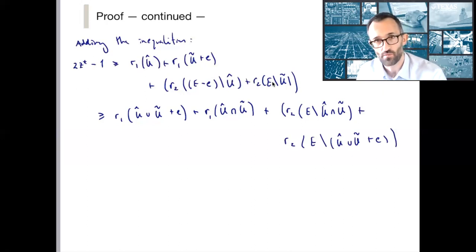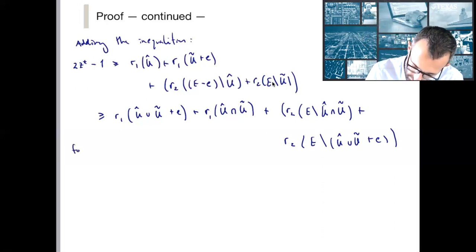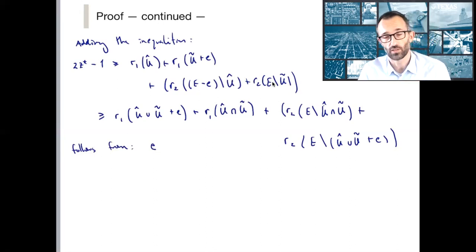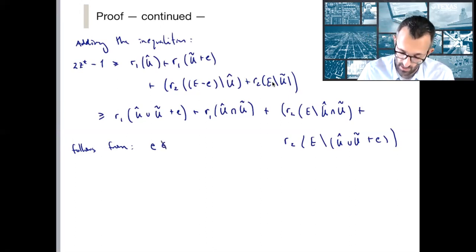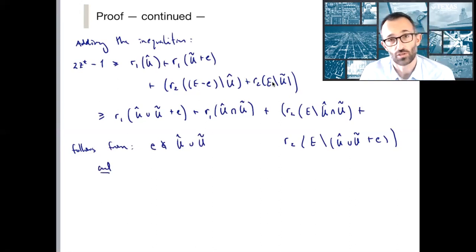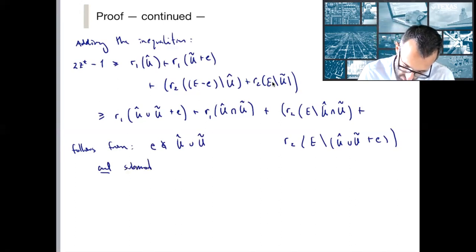So think about it for a minute. If you want to pause the video, this proof is bringing together a number of the tools that we have developed in the results. So this comes from the fact that by assumption of how we constructed U hat and U tilde, we constructed them in the deleted and contracted matroid respectively, and therefore E is neither an element of U hat nor of U tilde. And it follows from the fact that the rank functions R1 and R2 are, because they're rank functions, submodular. So it follows from submodularity